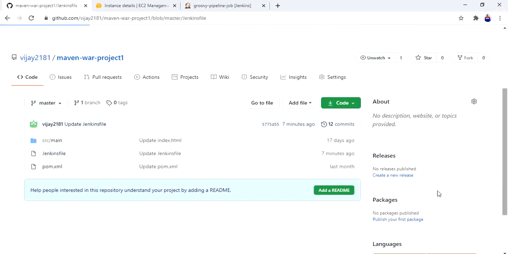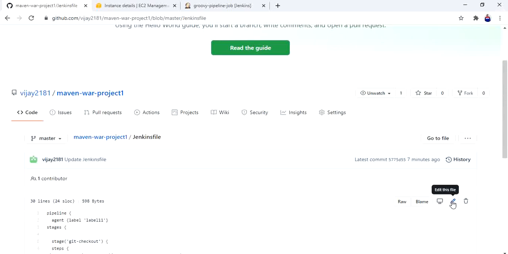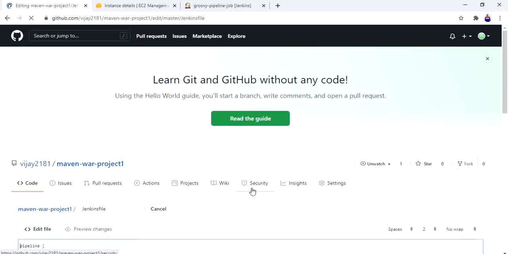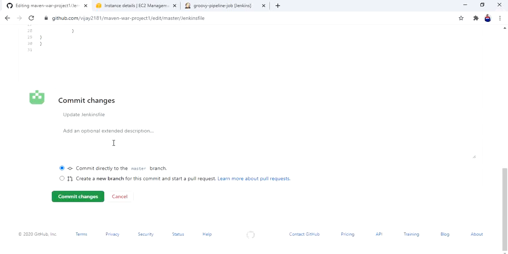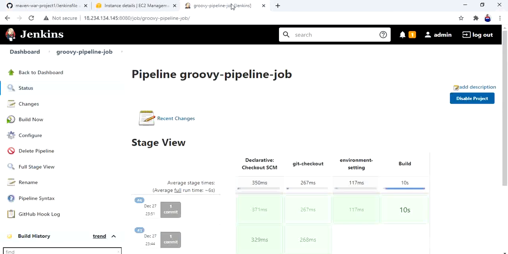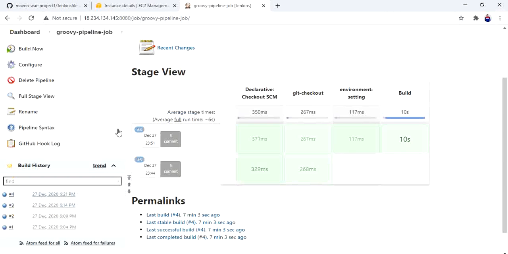Let me go to the Jenkinsfile, edit, and add a comment here: this is a sample commit. Okay, commit changes. Now my job has to be triggered.